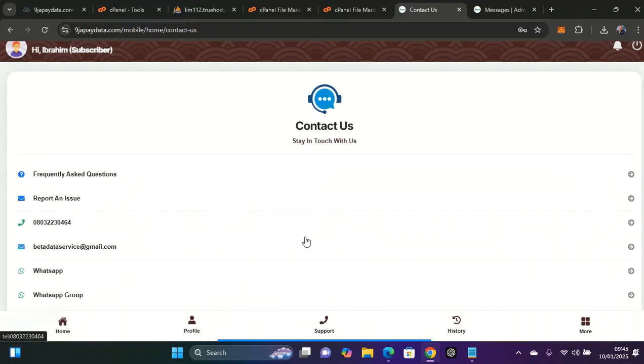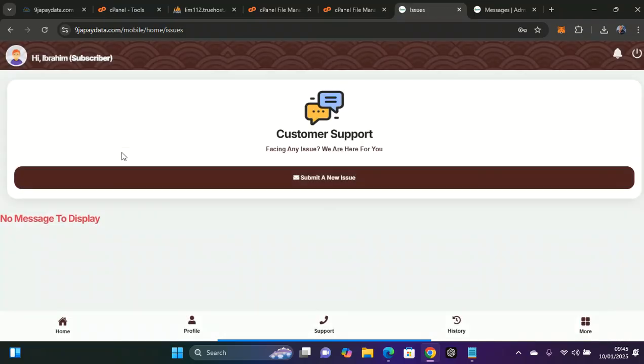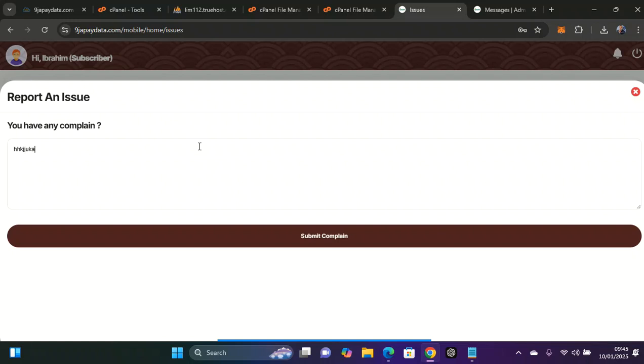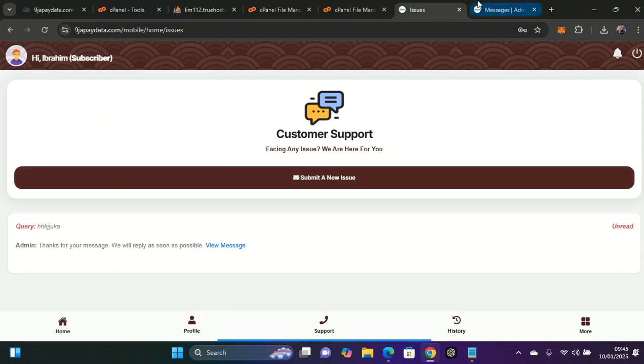When the user clicks on this support, this is report an issue. When the user clicks on report an issue, he can submit a new case, type a message, and so on. When a user submits a complaint, you as an admin can see it in your application